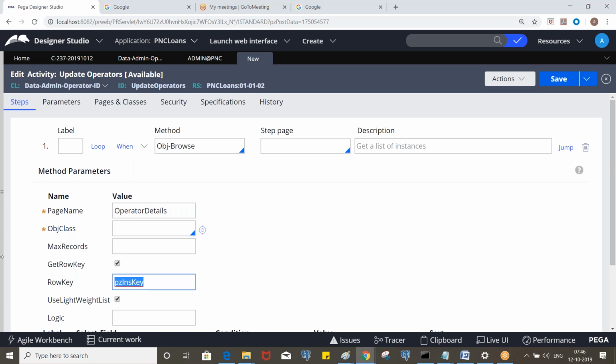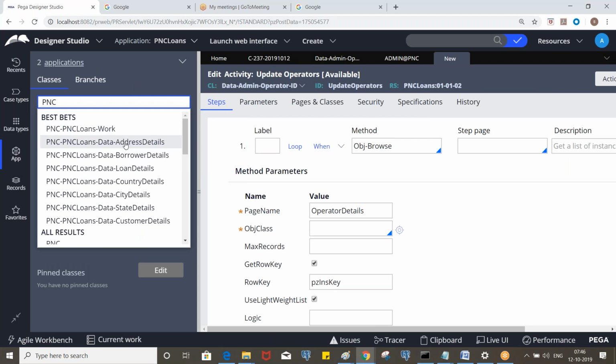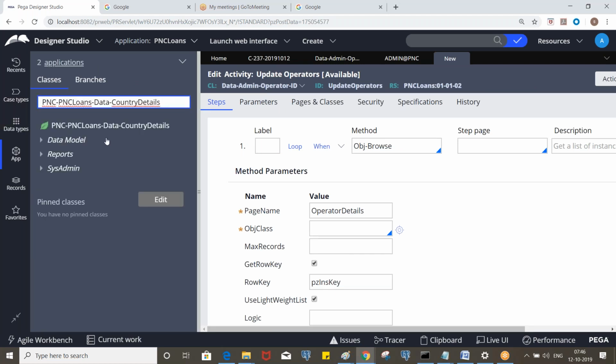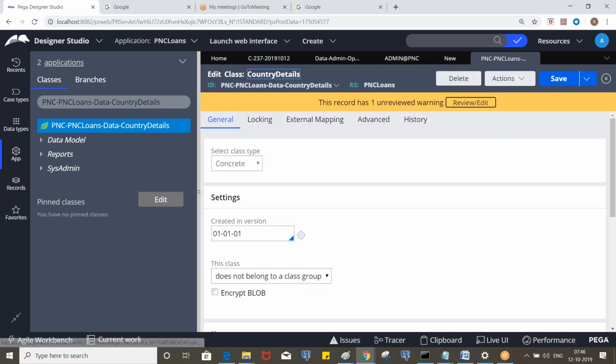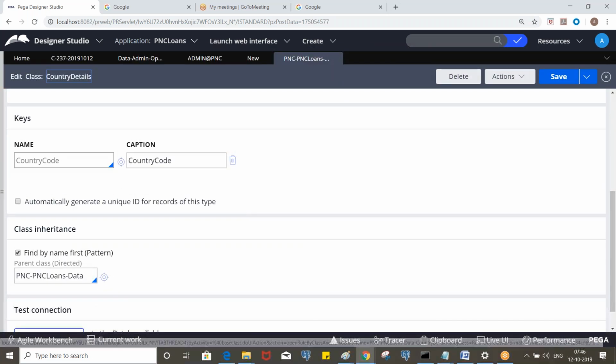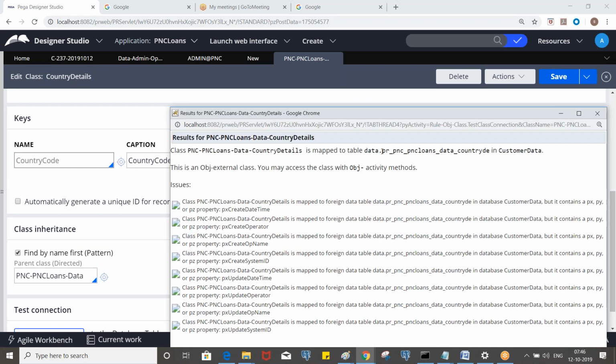Okay, so now let me show you. If you go to country details, this is an external class. It is mapped to a table, something in customer data. This is an Obj external class.